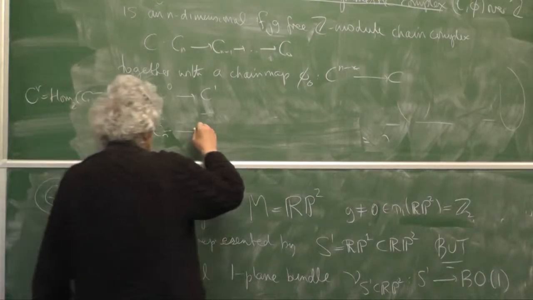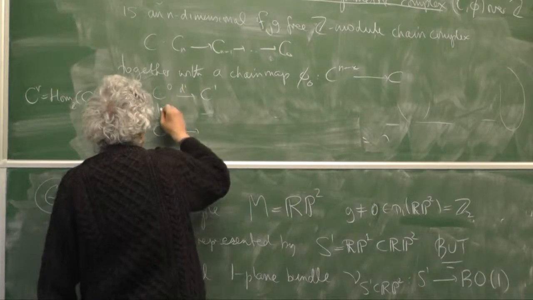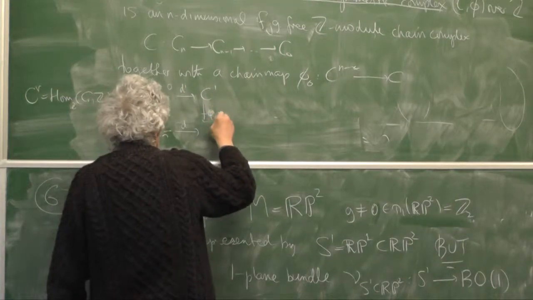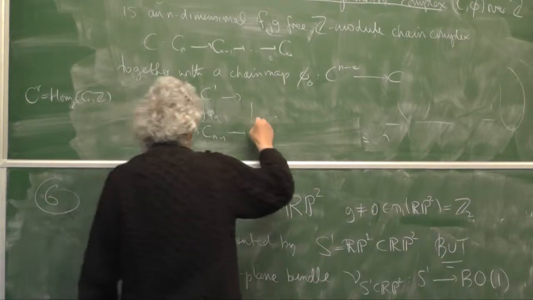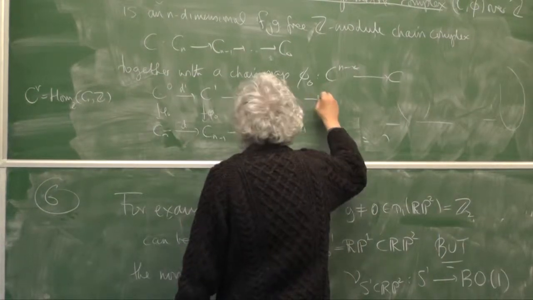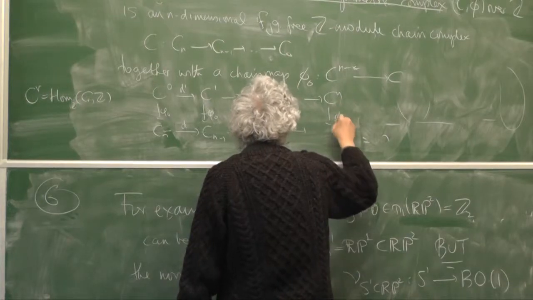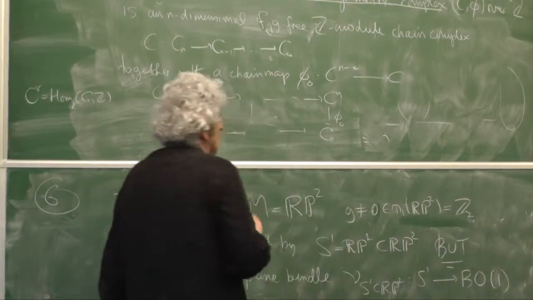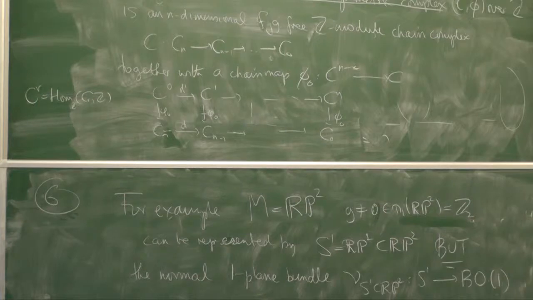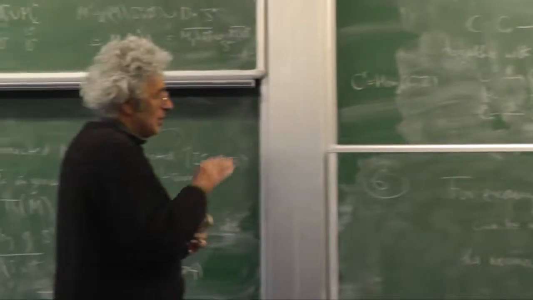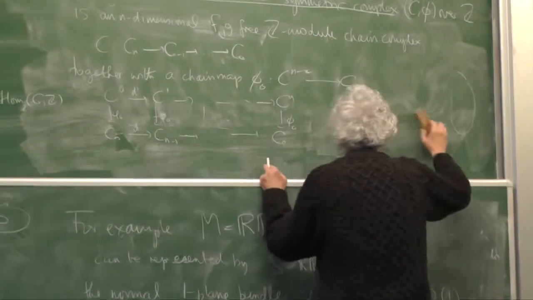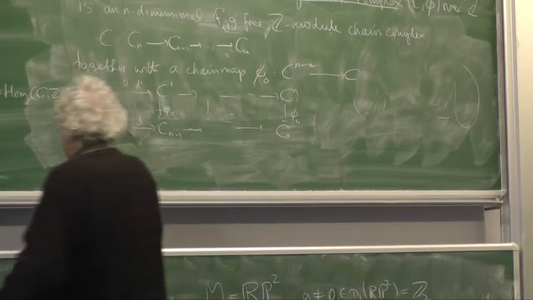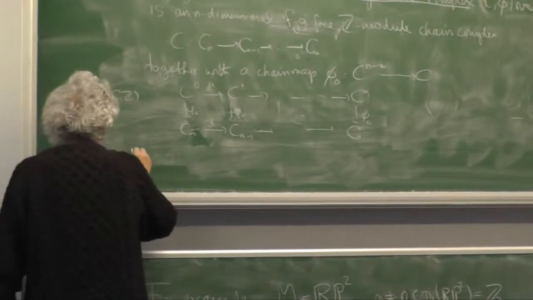And then there's D, D star, phi naught, C minus 1, all the way up to Cn. However, this is a perfectly good thing, but it's not enough. The full glory, together with higher chain homotopy,